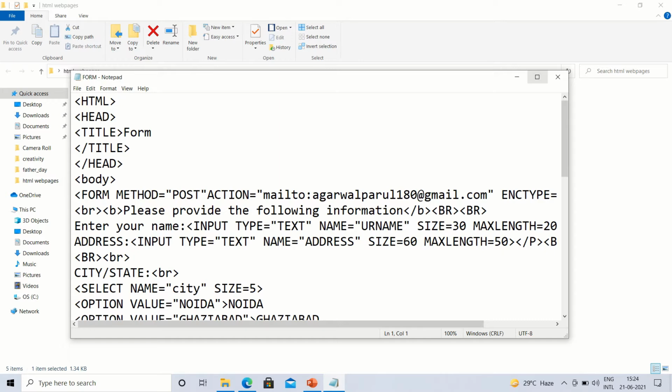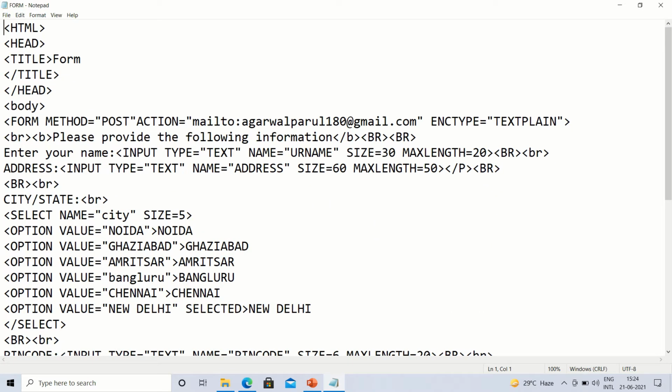As soon as I click on Notepad, I'll get the Notepad screen where we used to type the HTML code. As you are all aware, HTML, head, title and slash title and head section, we have given here the first section name as form. So this is the beginning code as you have done before also.